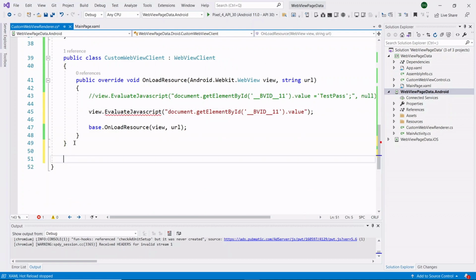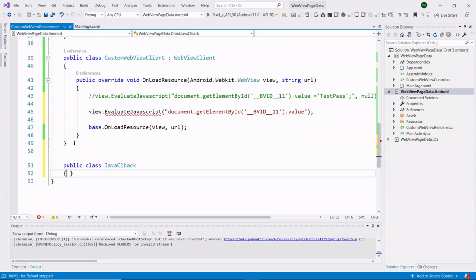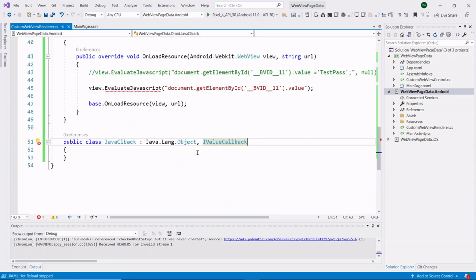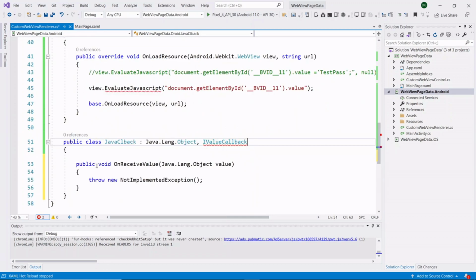For that, I am creating one separate class. Now I need to inherit this callback class from Java.Lang.Object and IValueCallback. So inside this OnReceiveValue, we are getting the data from our WebView page.